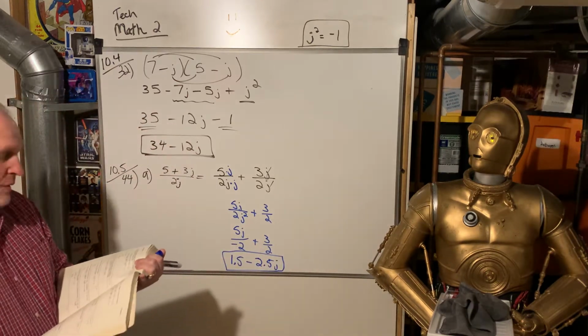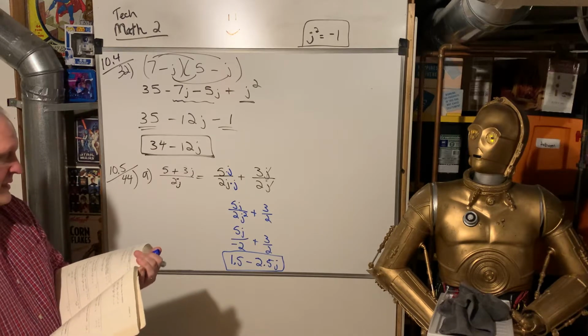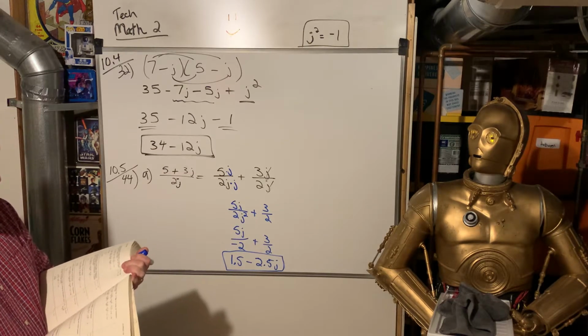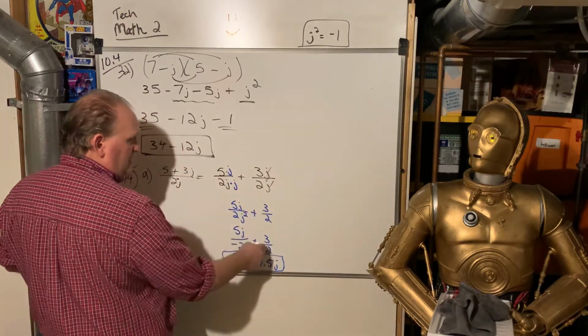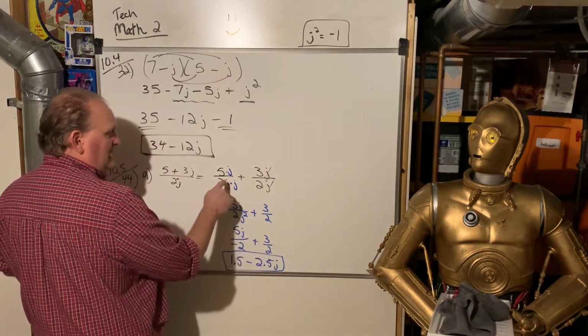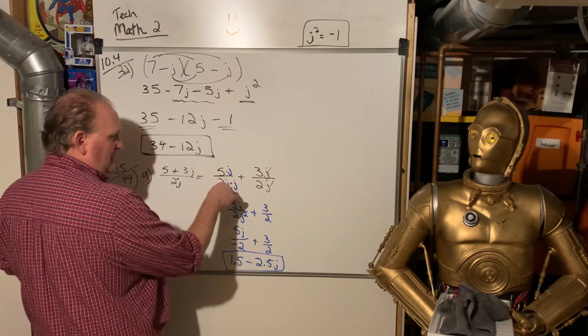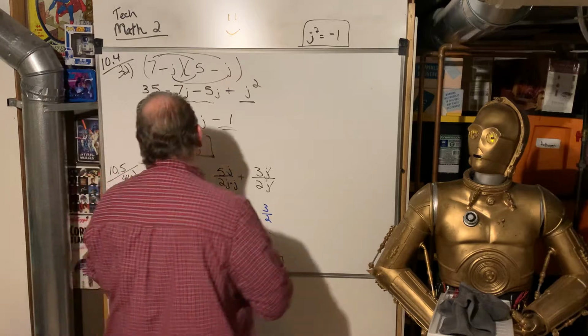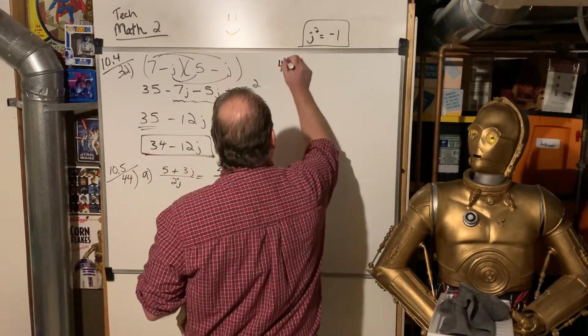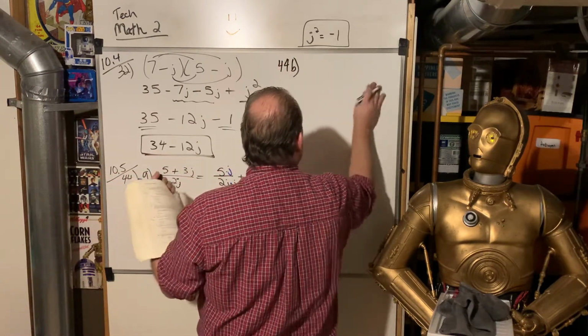If they would have wanted it as fractions, we would have left it as fractions. But that is a little tricky because, you know, the j's cancel, you get the 1.5, but this, you can't leave a j, an imaginary, in the denominator. So there is a second part. Let's look at 44b